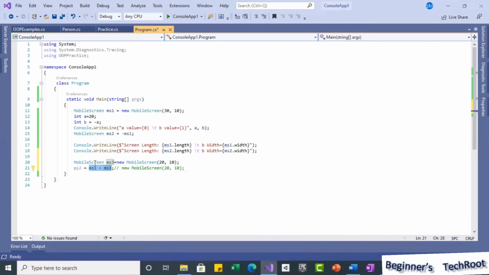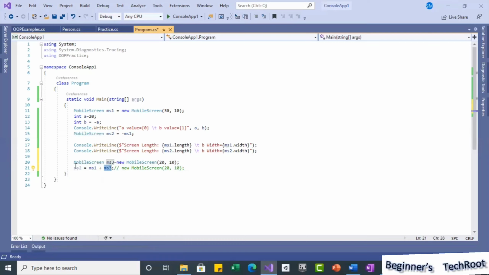So the sum of these two, the return value, will be stored into this object ms2. As I am reassigning, whatever value was there earlier will be removed, and the new value will be there in ms2. Okay, so there are two ways for you to understand.